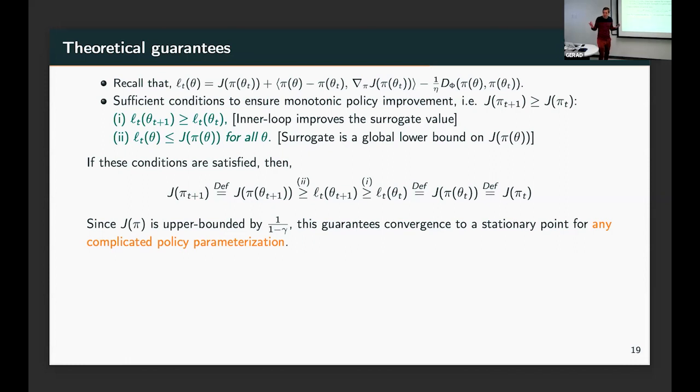But there might be fancier ones. I don't know. In fact, you can still have a phi for different states in RL. So yes, there's an open question about how you design a good phi so that this is true. A much simpler question is, given a phi, how do you set the eta so that these conditions are guaranteed, right?